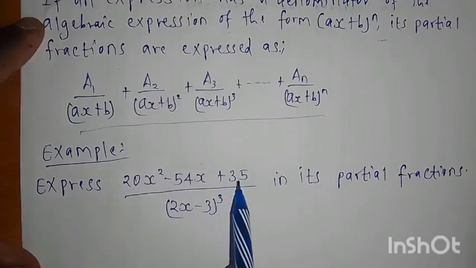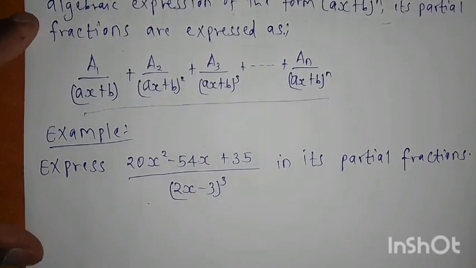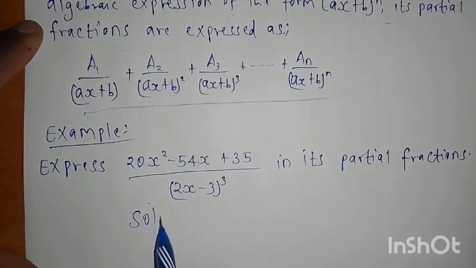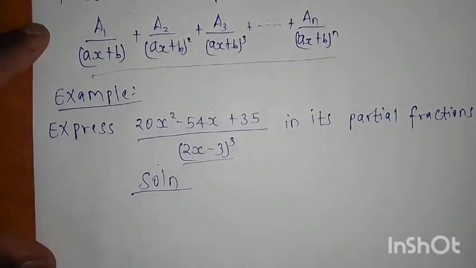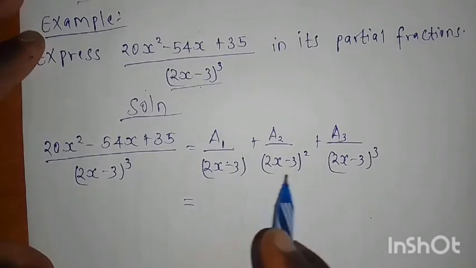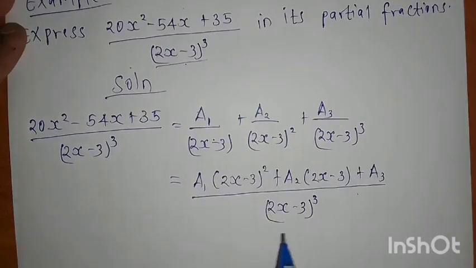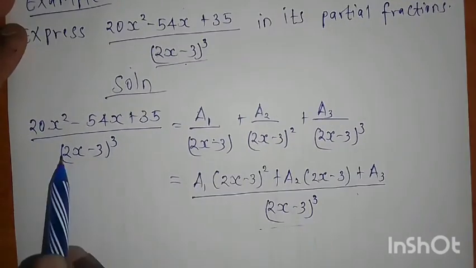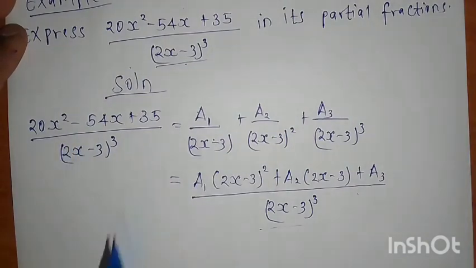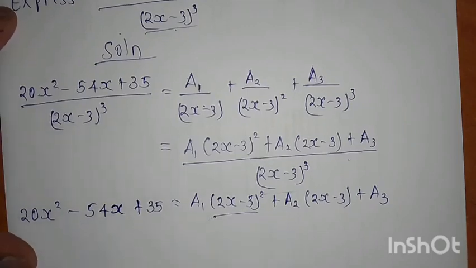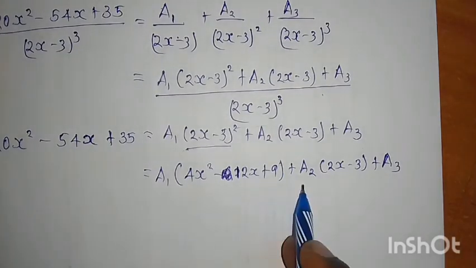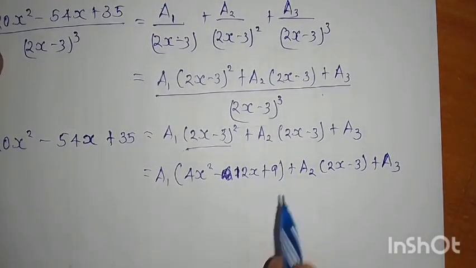So we want now to express this expression in its partial fractions. Because this denominator is a repeated factor of 2x minus 3, we can now present this expression as, so we can further write it as, because this expression is equal to this expression, we can therefore equate their numerators. So by using the quadratic identities, we can expand this expression as, so expanding further and putting like terms together, we have,